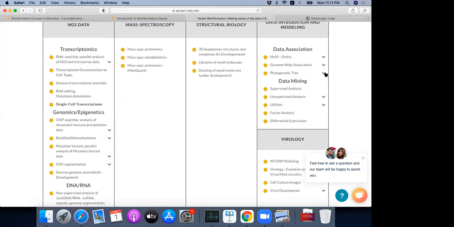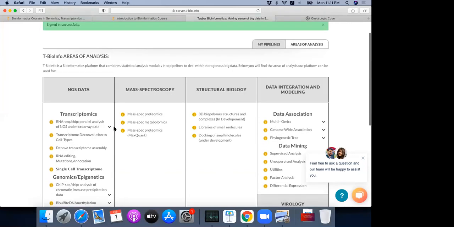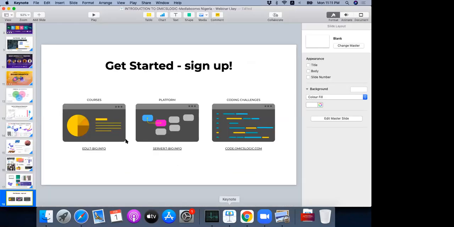So we'll be exploring some sections of this platform, and one of the sections would be transcriptomics, genomics, metagenomics, that I'll be showing you in the next slides. And then we'll come back and show you how it works in the TBioInfo platform. So going back to the presentation,